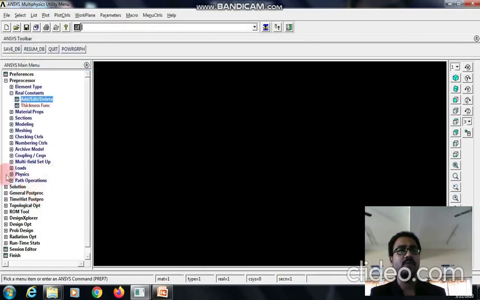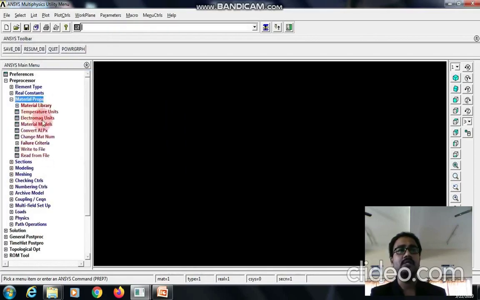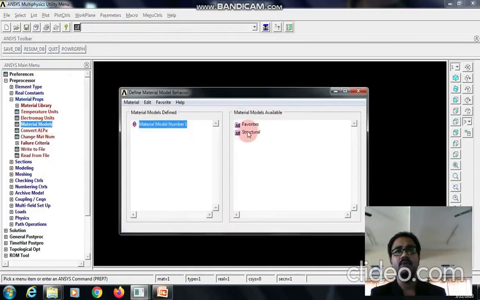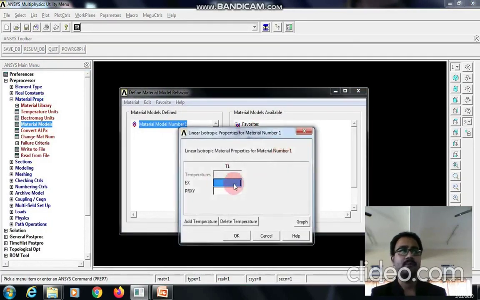Now close this, go to Material Properties, Material Models, Structural, Linear, Elastic, Isotropic. The Young's modulus for the first material is 200 gigapascal, so 200 into e power 3, and Poisson's ratio is 0.3. Give OK.